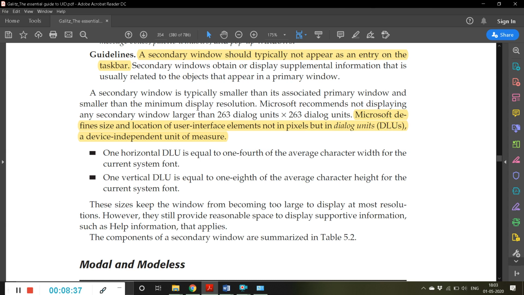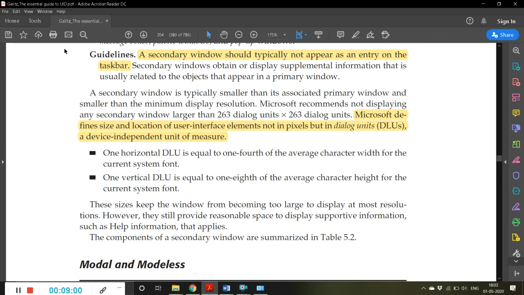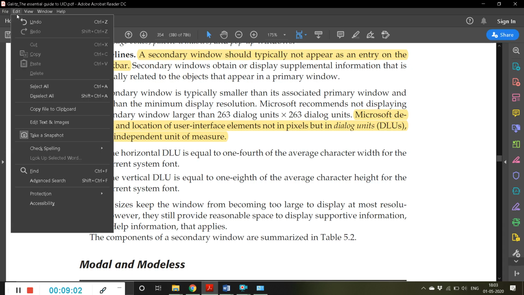So Microsoft defines the size and location of user interface elements not in pixels, but in dialog units. A dialog unit is a device independent unit of measure. Take these bullets, numberings, the size of this toolbar: from here to here, how many pixels?